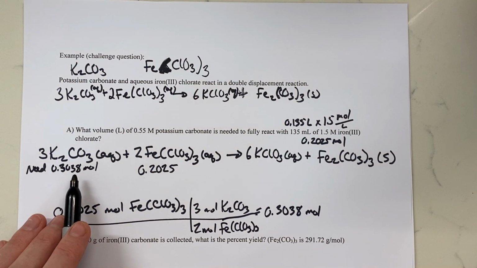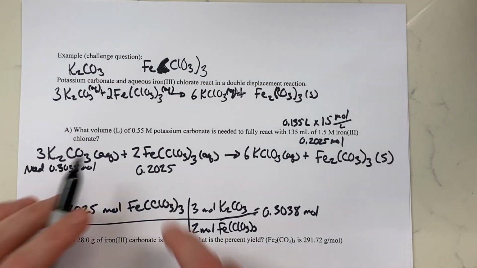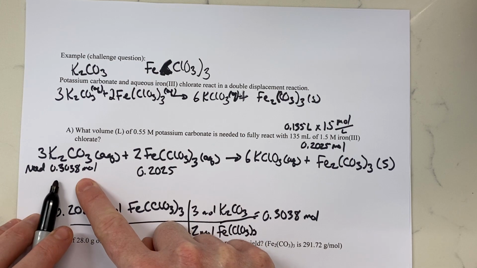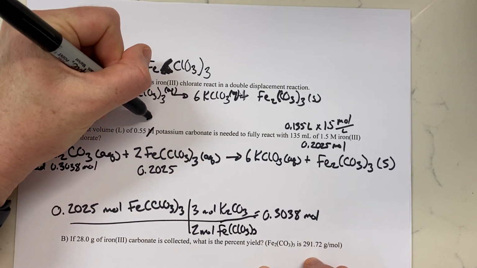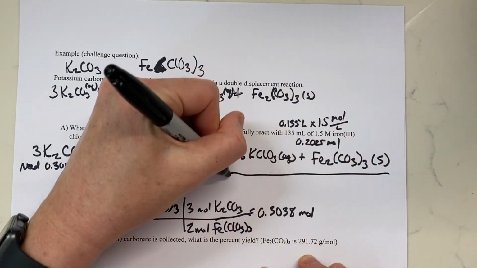If you look at how we did this earlier, I gave a question very similar to this. I said you've got this many moles of something, what volume do you need to have that many moles? So our question is, what volume of 0.55 do we need to get this many moles? Remember, big M is mole per liter. Should have done that right away. So now our problem becomes,